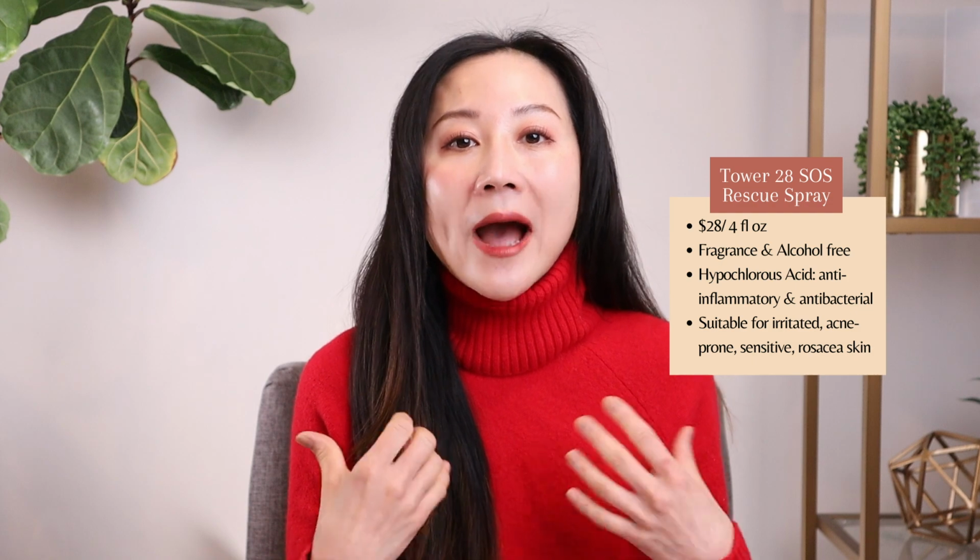But I love this spray because it's super convenient to use, and it contains hypochlorous acid that is produced naturally by our immune system. What hypochlorous acid does is it basically has antimicrobial, anti-inflammatory effects, and also helps to soothe the skin. Especially when COVID, when we were all wearing a lot of masks, and that mask caused more acne, like maskne, and rosacea flares, this spray was great to use under the face, even spray on your mask, to really soothe and calm the skin and reduce the irritation,